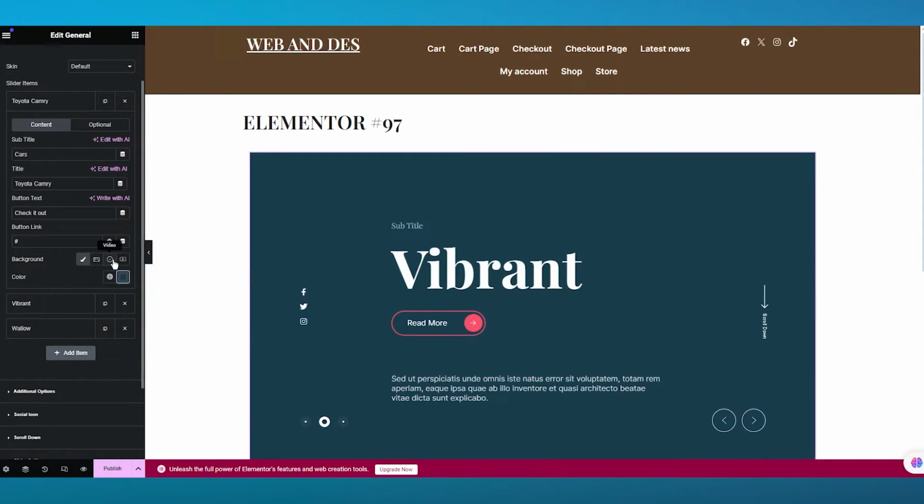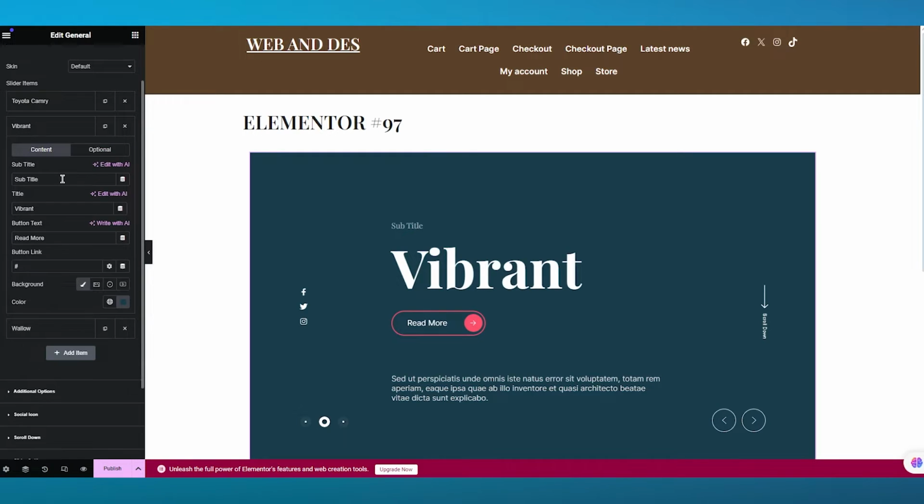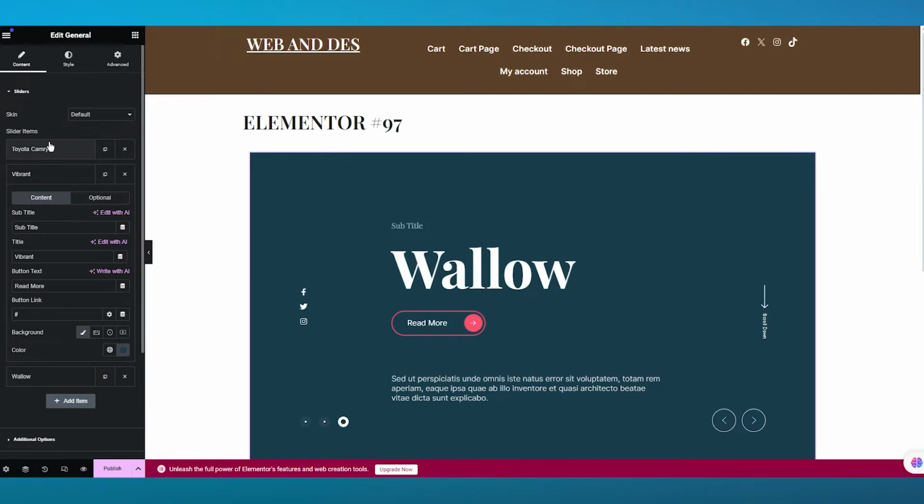You can also add an image in the background. You can add a video or any other type of vibrant section. Then we have this vibrant text over here, which is basically the different subtitles that you can get. So again, for this, I'm going to add